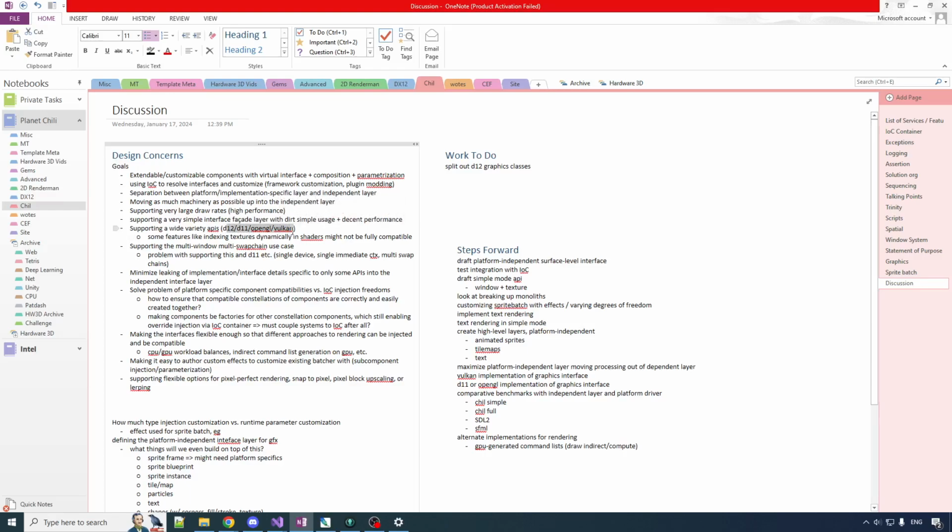Ideally, we would like to craft that interface so that it could support any platform that you want to support. So trying to implement one of these would be a good test of that and a good way to refine